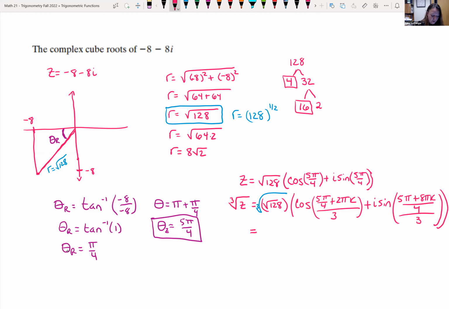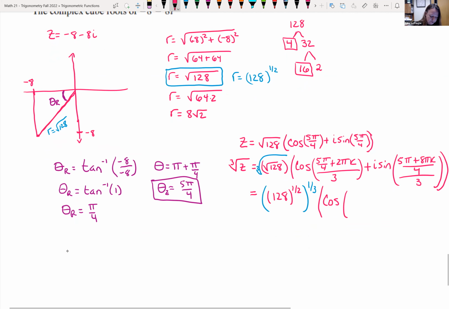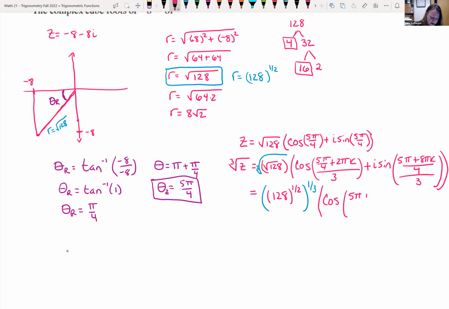So the square root of 128 can be rewritten as 128 to the 1/2 power, all raised to the 1/3 power, which is the same thing as the cubed root of that, times cosine of, let's multiply 5 pi plus 8 pi k over 4 times the reciprocal, 1/3. That would give me 5 pi plus 8 pi k all over 12